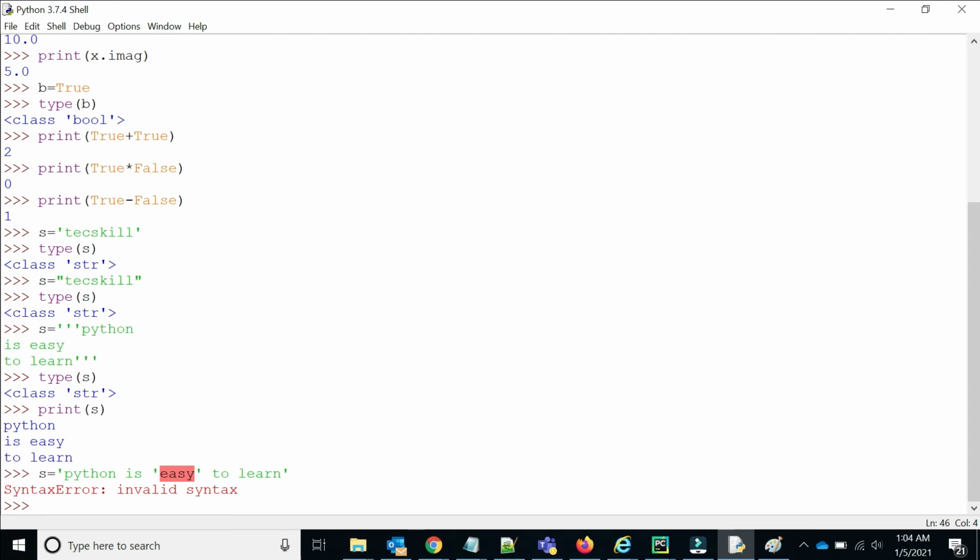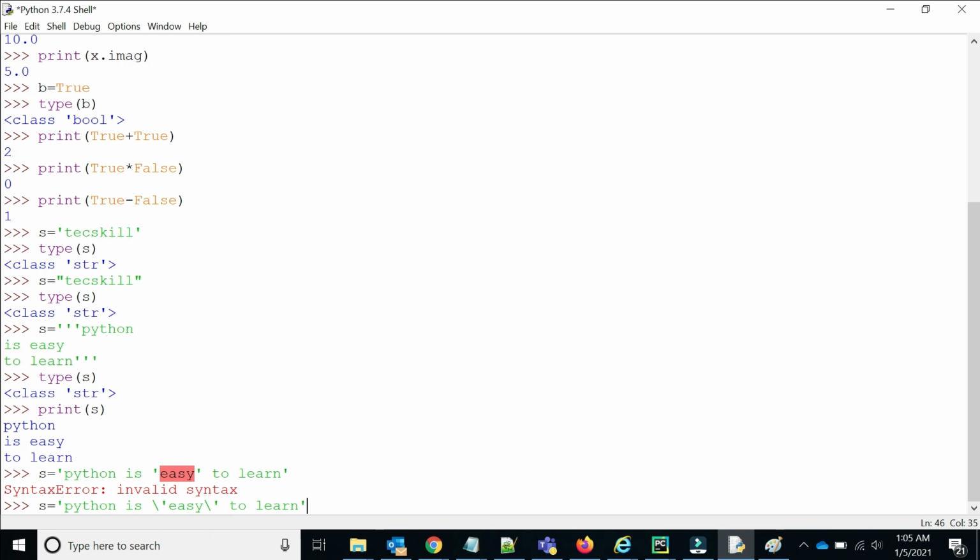So how will you get that output? Because my output should look like this: Python isn't easy to learn, right? So how will I get this one? So s equal to, now you have to escape this one: 'Python isn\'t easy to learn'.